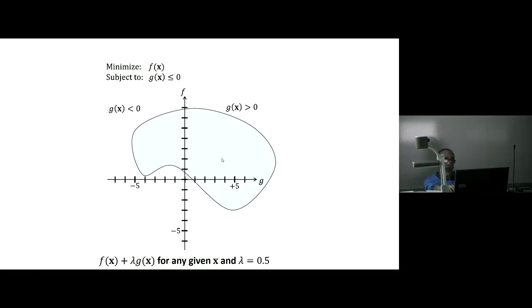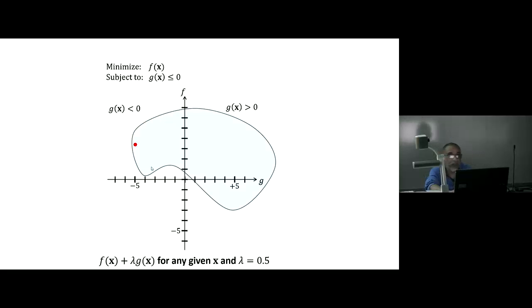Now let's throw in this region here. That's the set of all f and g, the range of f and g. Okay, now we want to find f(x) plus lambda g(x) for any given x. Suppose x is fixed at some value and lambda is also fixed, and let the value of lambda be 0.5. What we can do is,